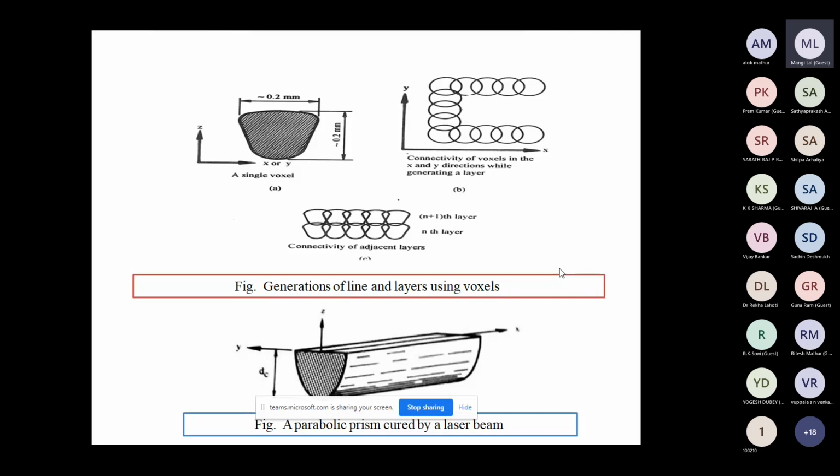So this is the generation of lines and layers using voxels, and in this figure you can see a parabolic prism cured by a laser beam.